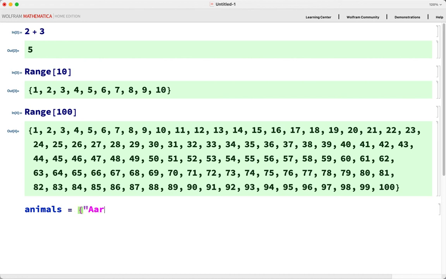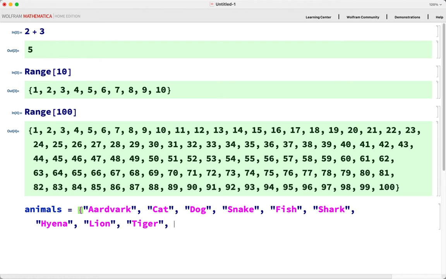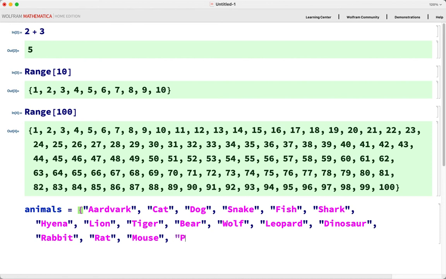Animals: aardvark, cat, dog, snake, fish, shark, let's see, hyena, lion, tiger, bear, wolf, leopard, dinosaur, and let's see, rabbit, rat, mouse, puppy, kitten,